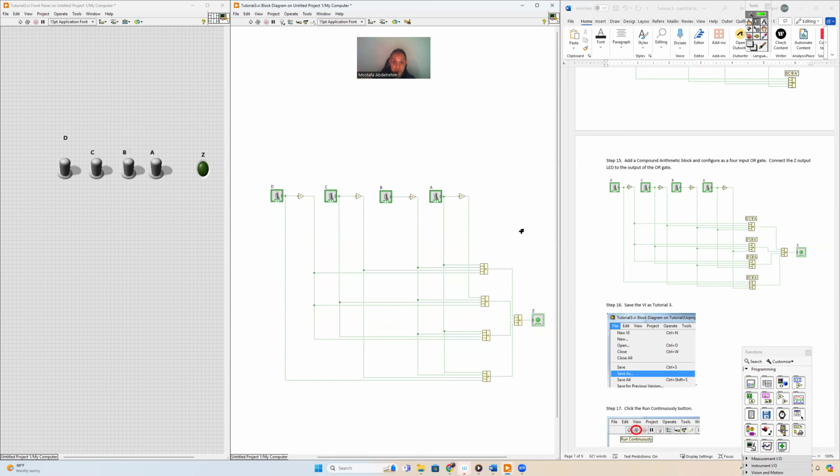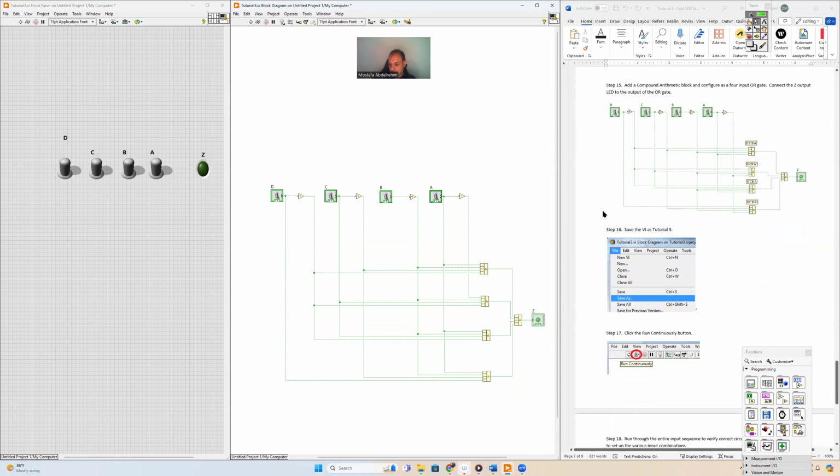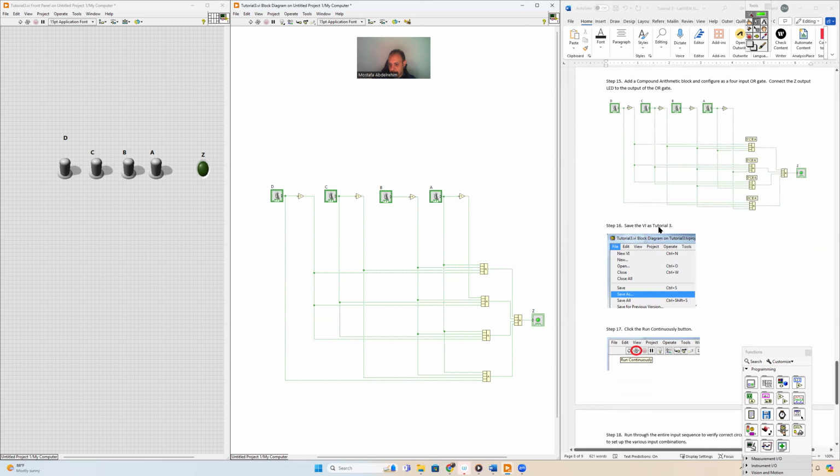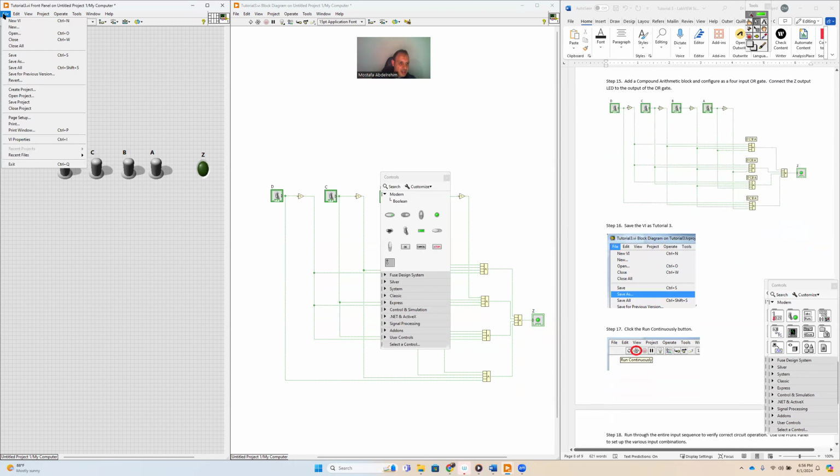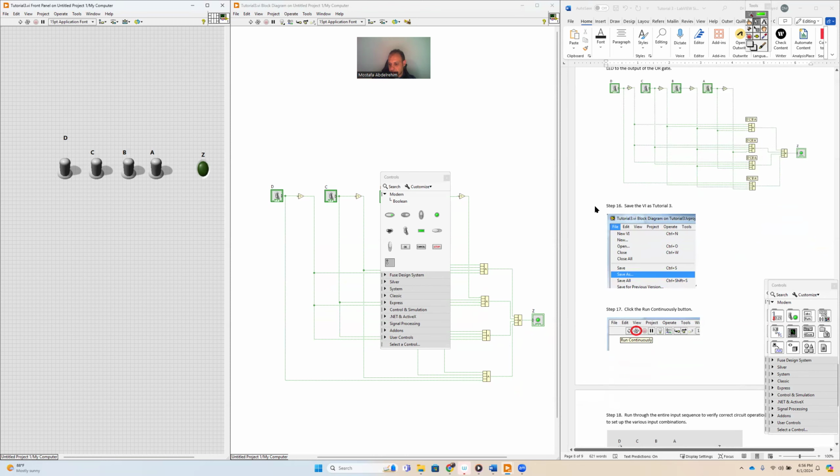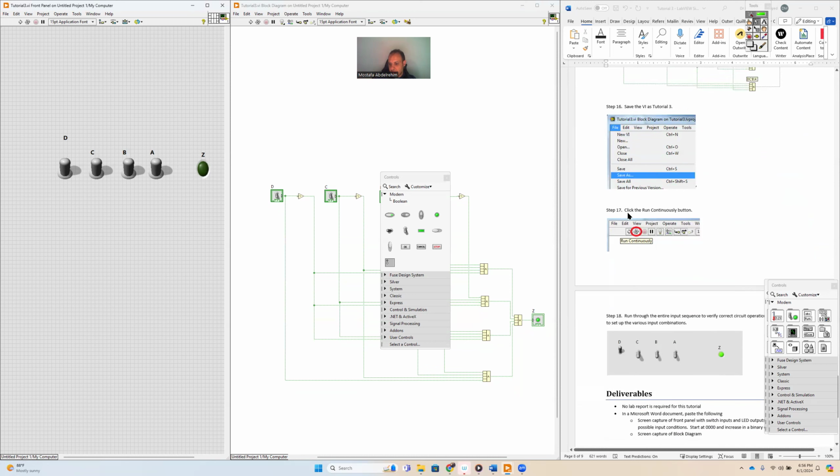But we're going to know from the truth table when we run this circuit. If the output follows the truth table on and off, then we are good. Then save VI as Tutorial 3. We already did that, so we just need to make saves like that. Okay, click the run